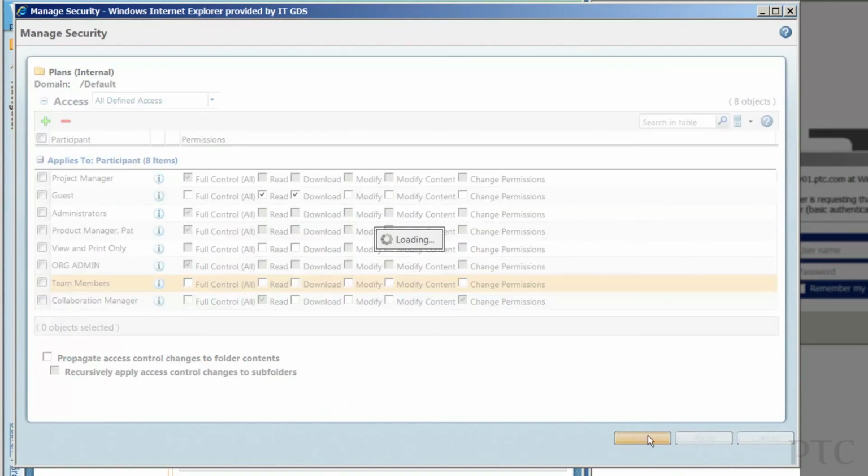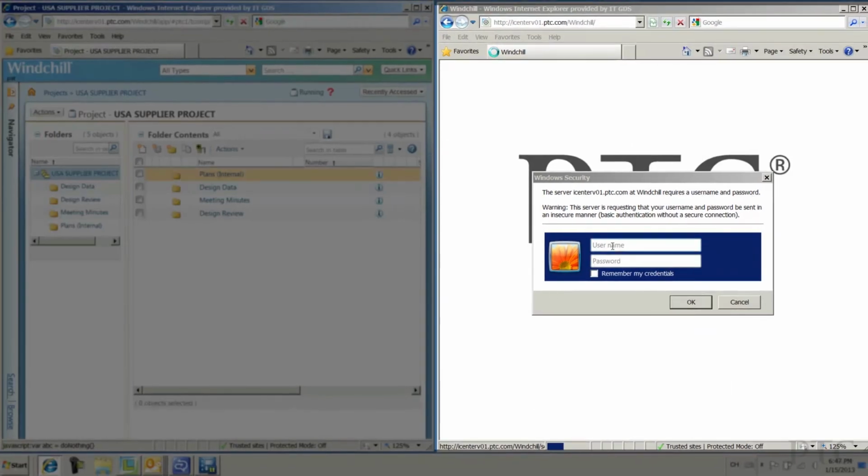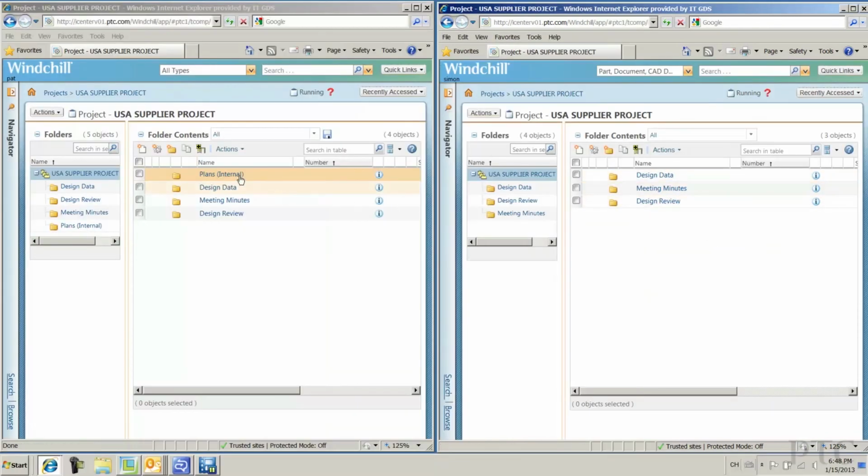A folder is selected, and then a particular user group is deselected from having access to the folder. Now, when that user logs in and looks at their folders within a project, they cannot see or access the